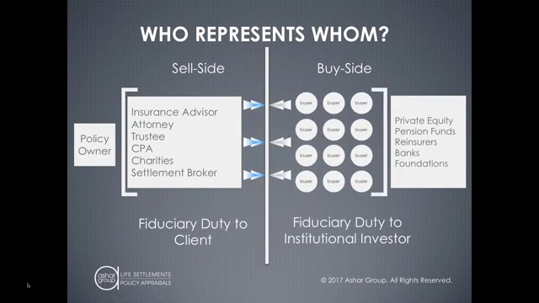So let's talk about who represents whom within this transaction. And if you imagine this was a boardroom, and that line down the middle was just a table in the boardroom. On one side of the table, you have the buy side, the purchasers that are looking to purchase policies. It's some of the world's largest private equity, pension plans, reinsurers, that are some of the largest purchasers of policies that have multi-billion-dollar portfolios of policies. Some of these reinsurers might have a couple billion dollar pool of mortality risk. Can you think of a better way to hedge that than a couple billion-dollar pool of longevity risk?